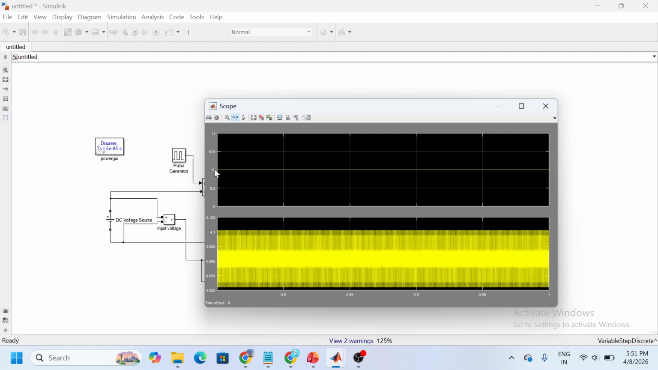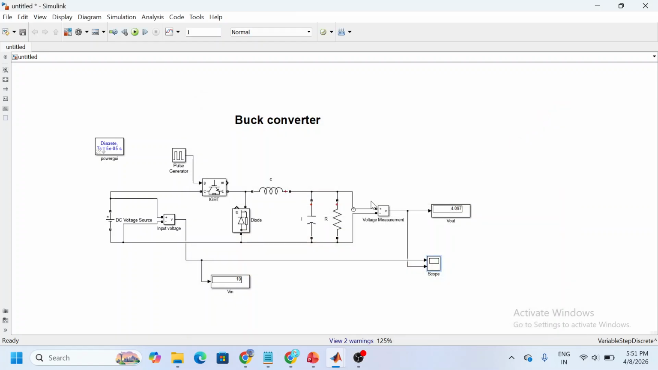So here the input voltage is 10 volts, output voltage is 4 volts. That's why it is called a buck converter. This is a buck converter. So you can just